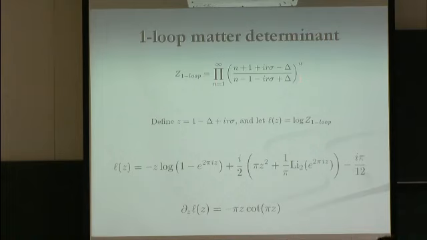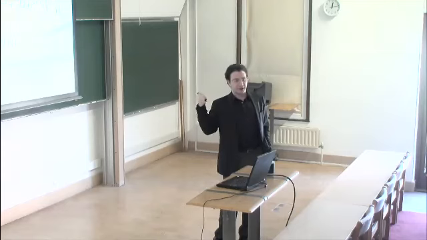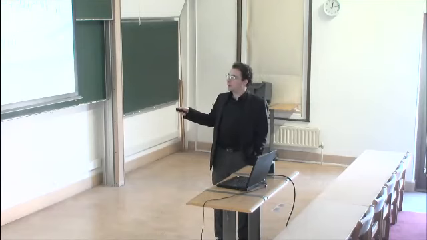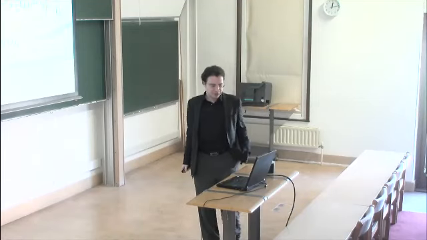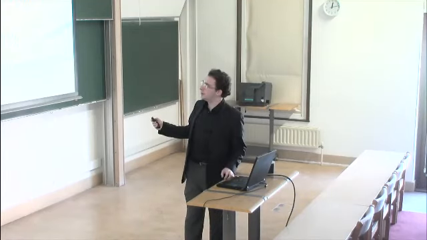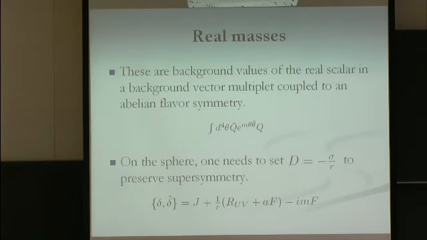And of course, the nice thing to do is to regulate it using zeta functions, and you get this. If you choose some other random regulator, then when you try to take the regulator away, you would generate effective actions for background fields, things like R times lambda cubed and R times lambda. But since you're interested in CFTs, you just throw them out. So you end up with this guy, like I said. Now,